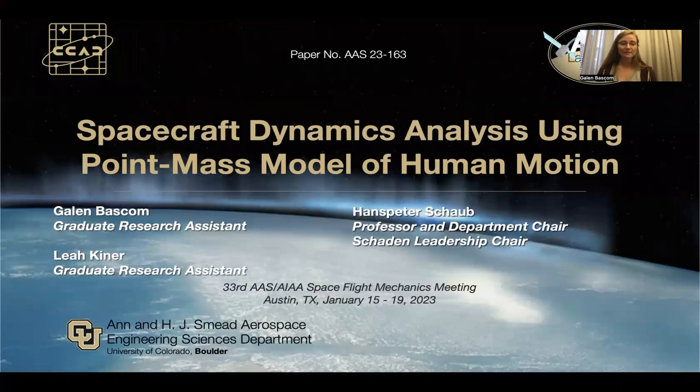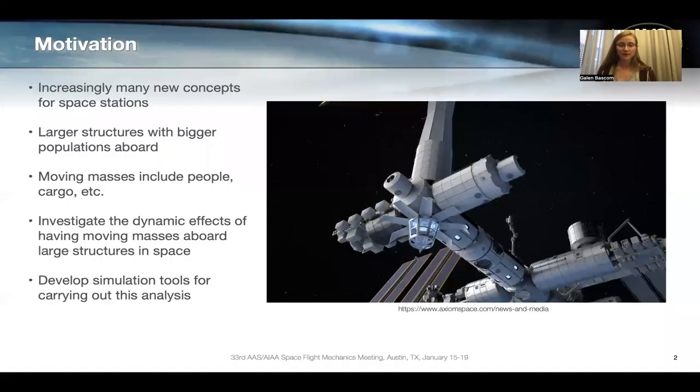Hello, my name is Galen Bascom with the AVS lab at CU Boulder, and I'm going to talk about the dynamics analysis that we did for modeling a big space station using a point mass model for human or cargo motion aboard the spacecraft. So first, I wanted to talk a little bit about what did we aim to do